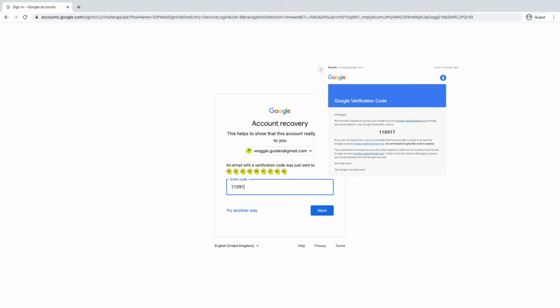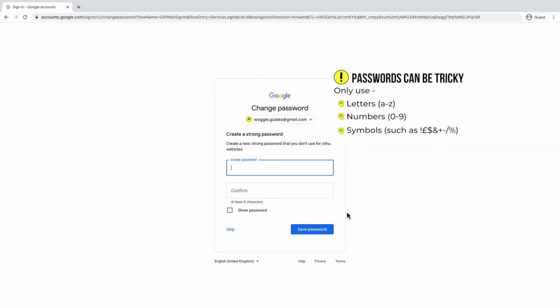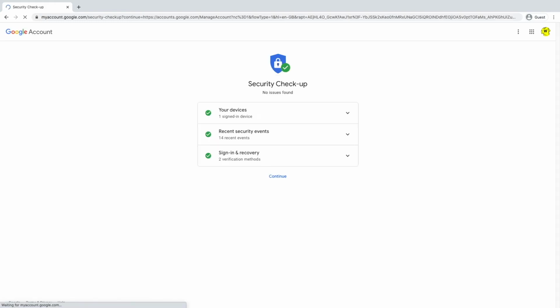And then if I type in that very number and click next, we're then asked to set up a new password. So I'm going to just add in a new password. All the usual rules apply, just in terms of symbols, letters, numbers. And now Google, as you see, is taking us back to the security checkup page. If you click continue on that,